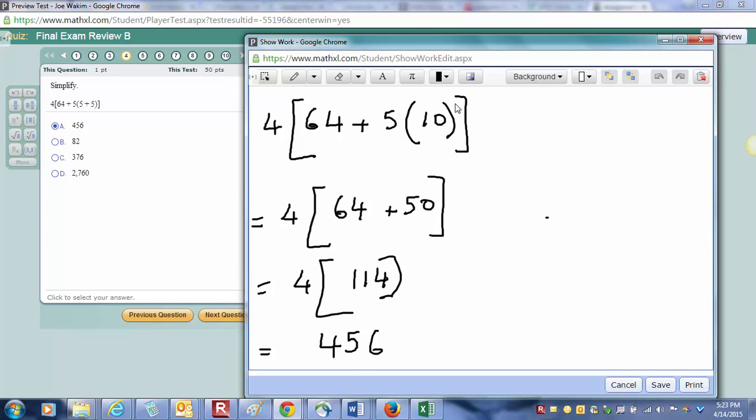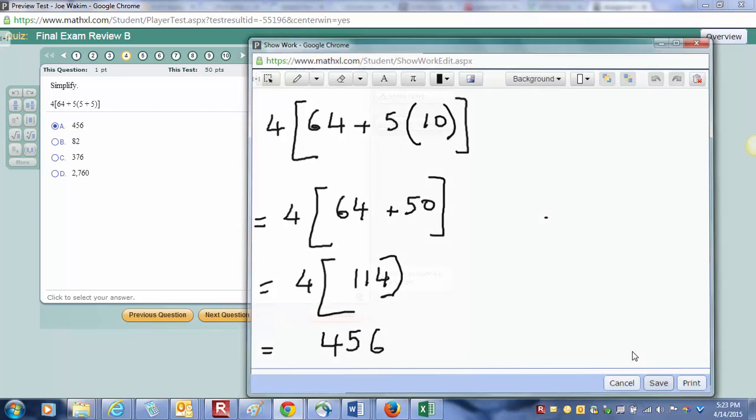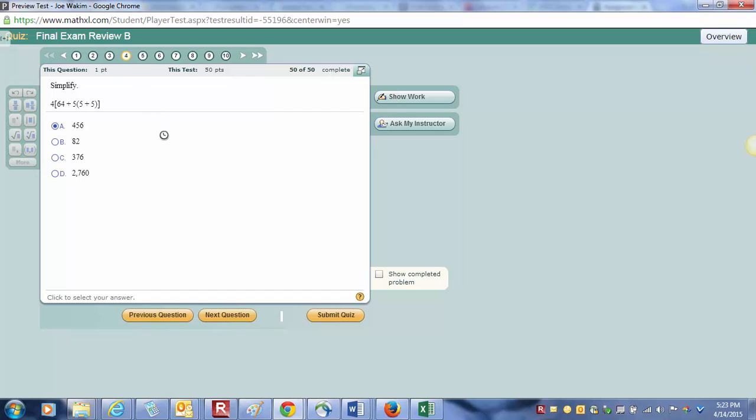So again, in an order of operations, I would like to simplify the parentheses first. Then inside the brackets you have addition, multiplication. Multiplication goes first. And then you can add inside the brackets and then multiply by 4. On number 5,